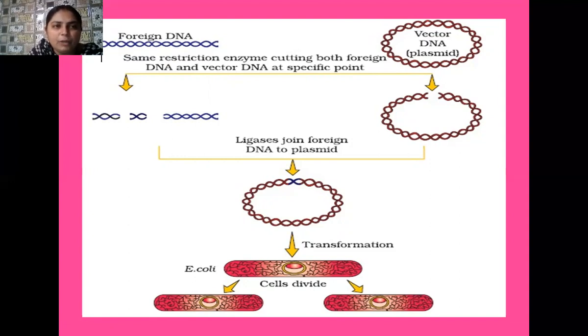And when we do the transformation of this recombinant DNA, that means when we insert this recombinant DNA into the host organism, then when the host organism reproduces and forms the daughter generations, this recombinant DNA finally replicates and also enters into the daughter DNA. So here one thing I want to tell you, that we should select such a plasmid which is able to give more copy numbers, because if the plasmid gives more copy numbers, then many copies of our recombinant DNA are obtained in the daughter generation during the process of reproduction.